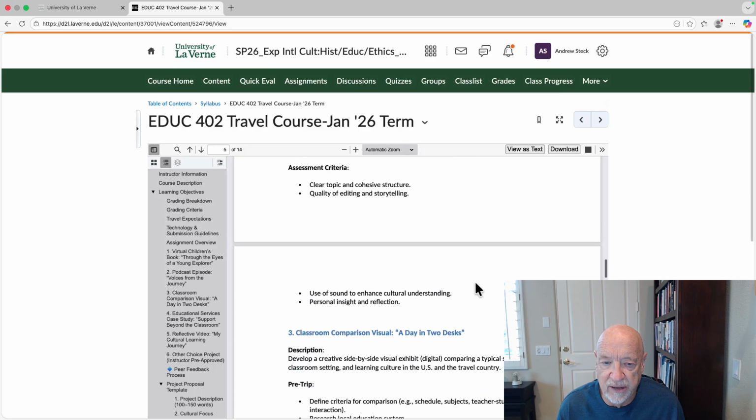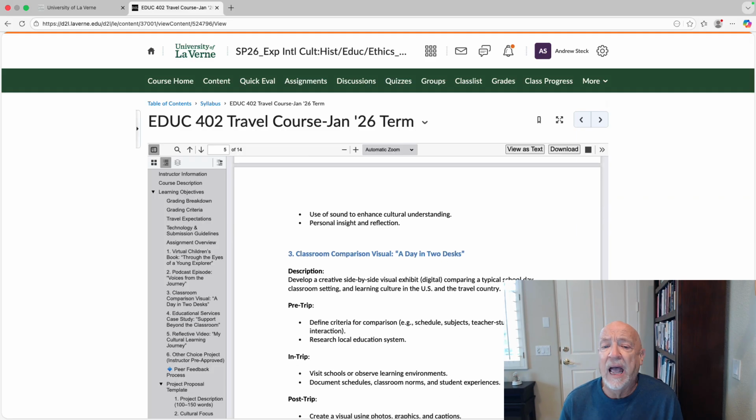Here's the assessment criteria. The third option is a classroom comparison visual, a day in 2 desks. As you know, we are going to visit schools. We're going to visit 2 universities, 2 K-12 schools. You're going to develop a creative side-by-side visual exhibit,